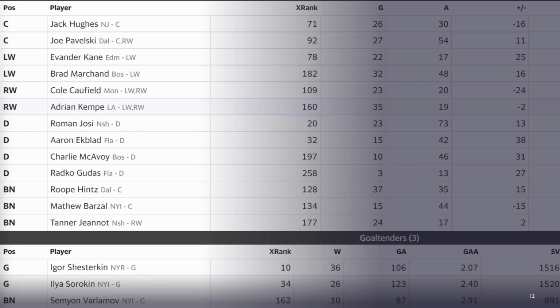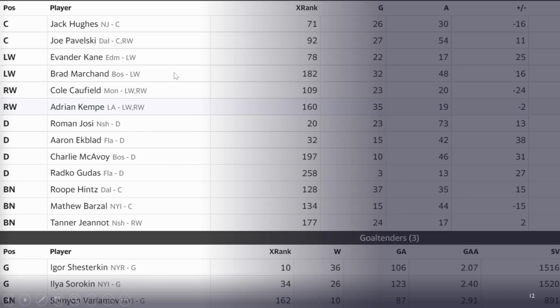So the next thing that you notice is that my forward group has a ton of risk baked into almost every file. None of these guys are safe, reliable point producers, and my offensive production will lag compared to guys who drafted wingers or centers early. Now, if everything falls into place, I may be able to make up for that by going high upside with these players, guys like Hughes, guys like Marchand, guys like Caufield.